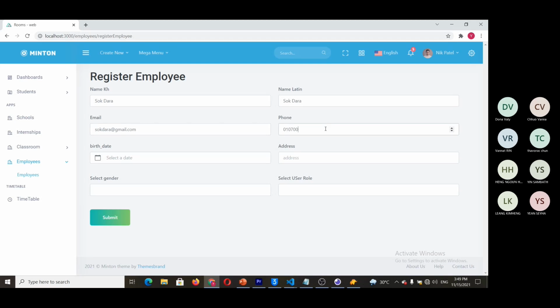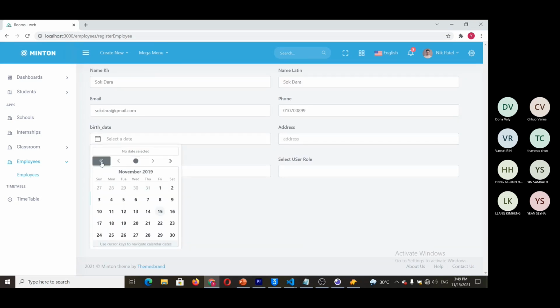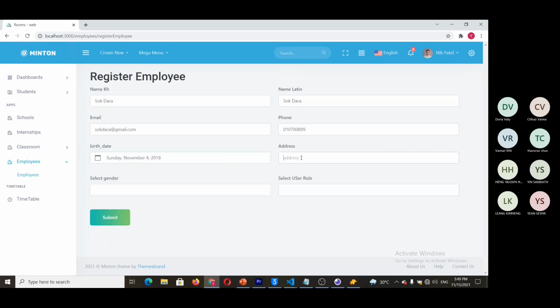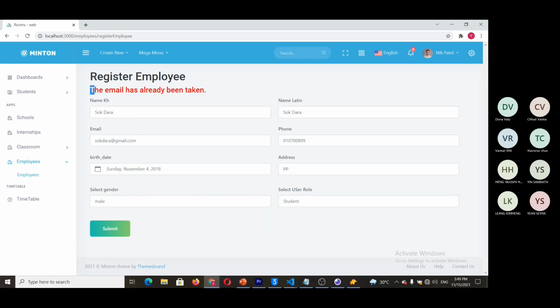This phone number doesn't matter, we are just testing the data, so okay, just put it like this. And then this message will appear that the email has already been taken, because we already registered this email with the previous employee, so we cannot register the email again.